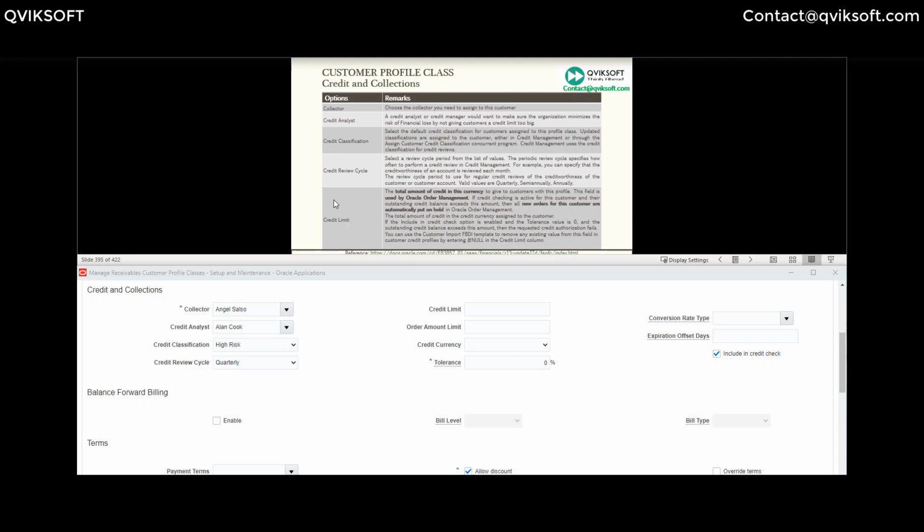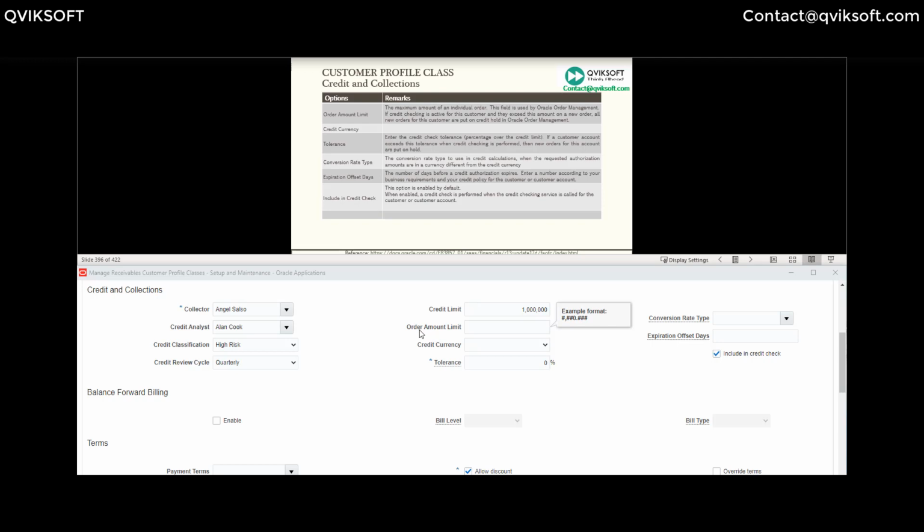So basically the system is controlling based on the limit given here, whether you should be selling more to this customer or not, because he has already reached the threshold which you have set as the credit limit. If you let another order go through and we give the goods to a customer, then the customer will be exceeding the credit limit. So these are all carefully analyzed factors to make sure the credit is well managed before we sell any more goods. Let's say we set this one as 100,000. For me, we just put 1 million.